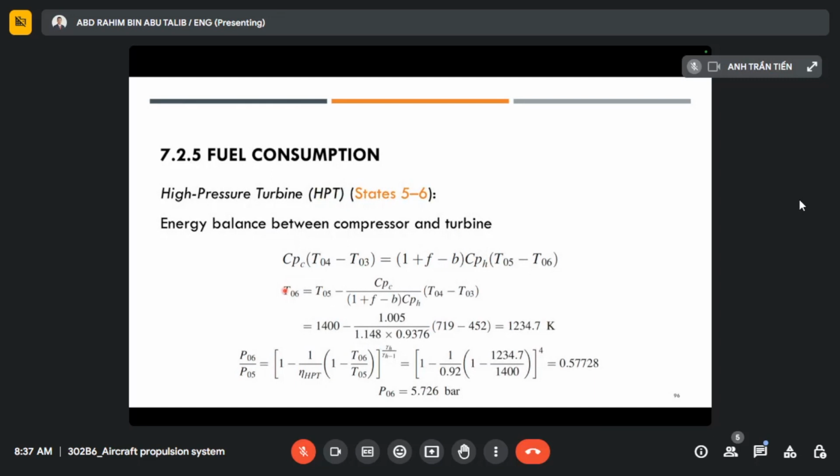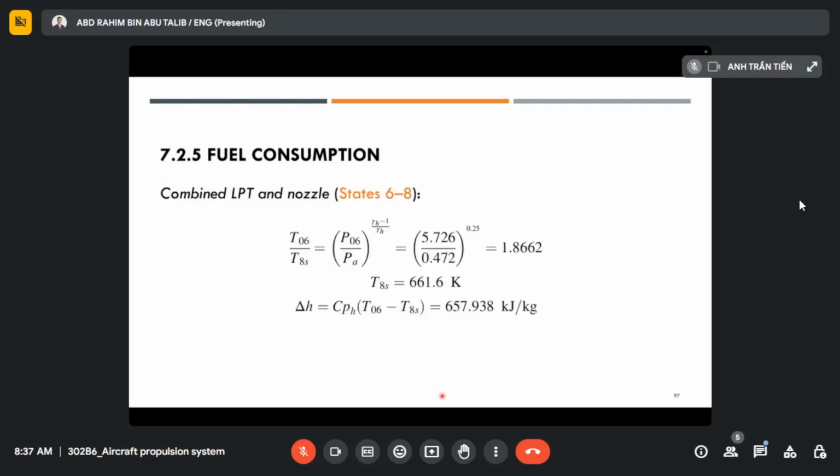Going into state 5-6, the high pressure turbine, with the energy balance between the compressor and the turbine. You put all the expressions, putting in the numbers, and you will get the T06 value of 1234.7 Kelvin and the P06 value of 5.726 bar. Next, combine the low pressure turbine and the nozzle, states 6 and 8. You will get T8s equal to 661.6 Kelvin and the enthalpy drop equal to